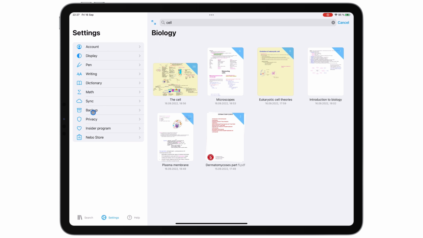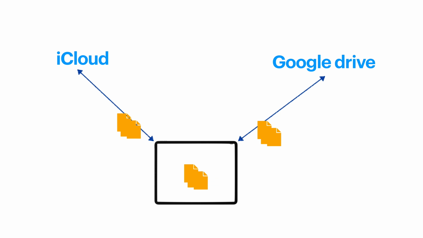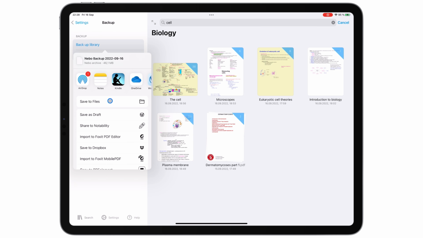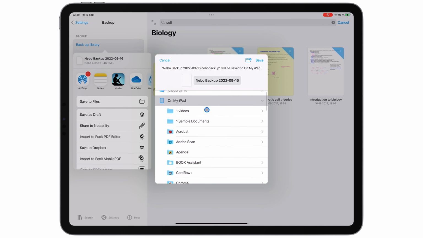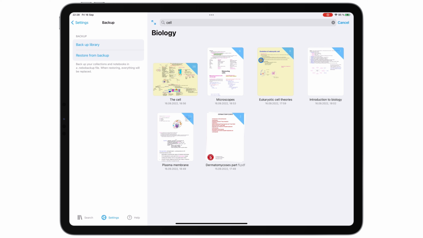For added peace of mind, you can manually back up your notebooks. When you back up, you simply duplicate your data for safekeeping in another location. When you make any changes to your data, the backed up information is not updated. You must actively change or delete the backed up data if you wish to make any changes to it.